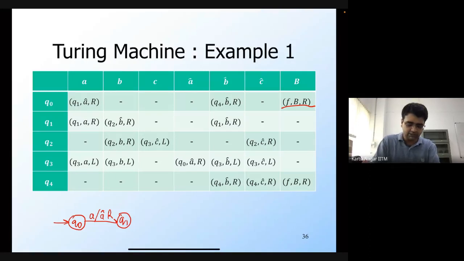And so similarly, Q0 is the state where we look for the leftmost A, and then Q1 is the state where we look for the leftmost B. So here in Q1, I basically skip through all the A's, and then whenever I encounter a B, I mark it using B hat. I may also encounter previously marked B's, in which case I will just skip them. And then I will move to state Q2, and in Q2 I will again skip over the B's and look at the first C that is not marked. And then I will mark it using C hat.